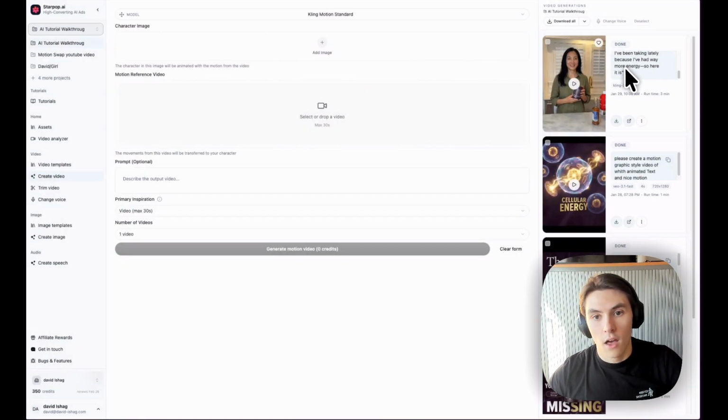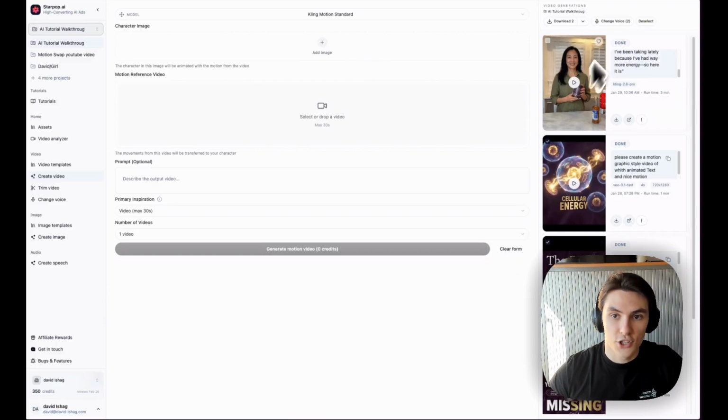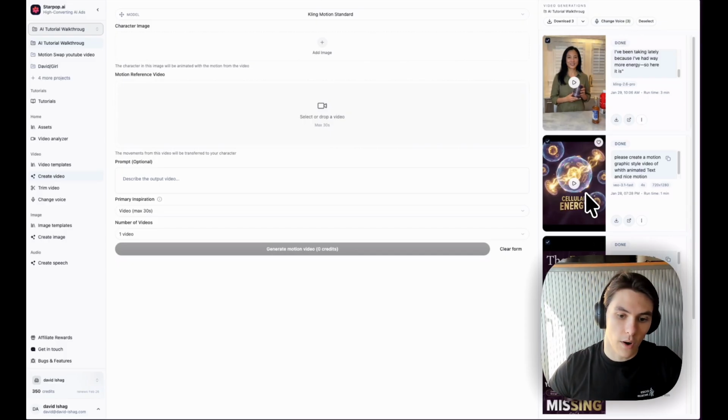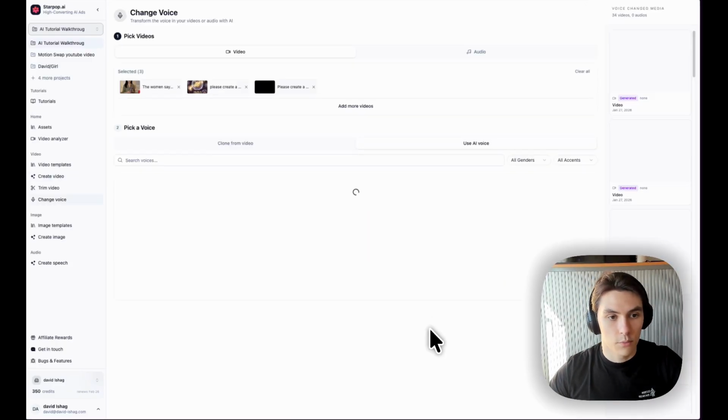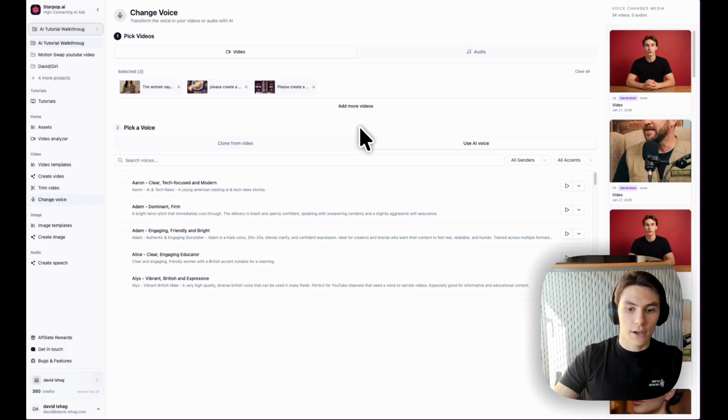And then another thing that's worth noting is that you can select multiple videos here and change the voice of multiple videos in one click. So here I've selected these 3 videos. These 2 don't have a character speaking, but if they did, I could click change voice, and then it would bring me to the change voice page, which is right here. And in the change voice page, it allows you to